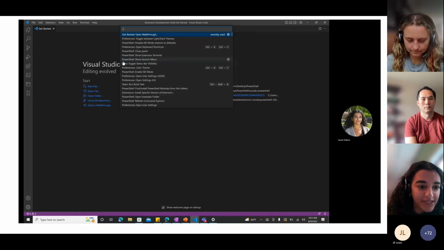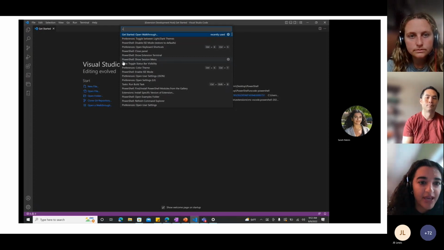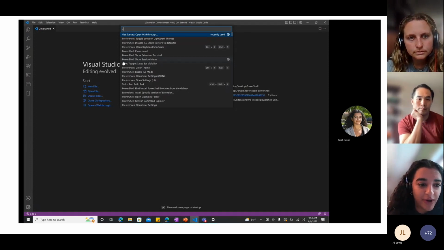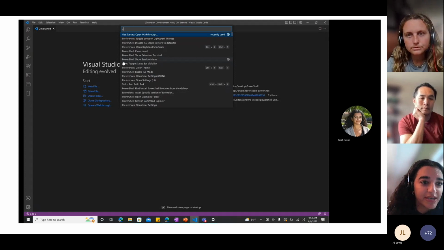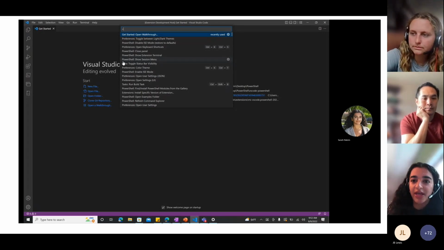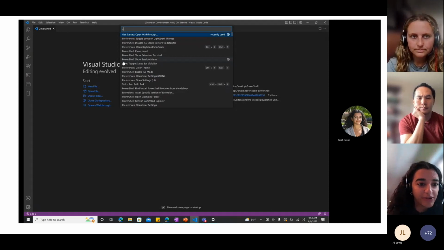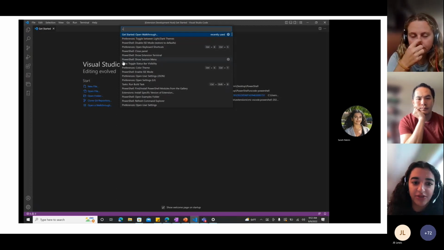So as you guys can see, we have a little demo, and here you can actually open a PowerShell walkthrough. As you can see, it opens up all the steps that are available. The first one is just choosing a version of PowerShell, and this gives some clarification on PowerShell 5 and PowerShell 7. It also directs you to the open source part of PowerShell, and it takes you to the GitHub. So it also takes you to the link to install PowerShell.